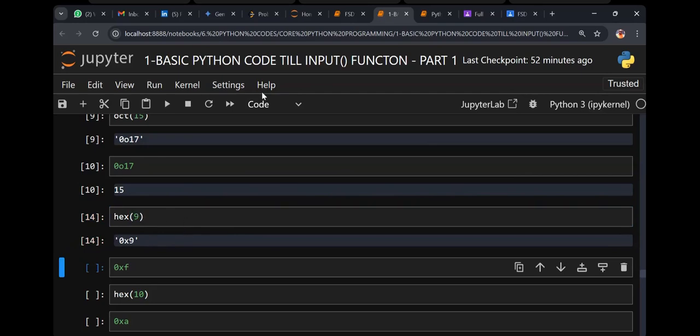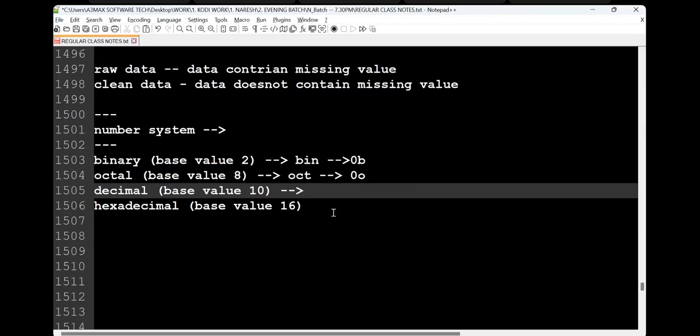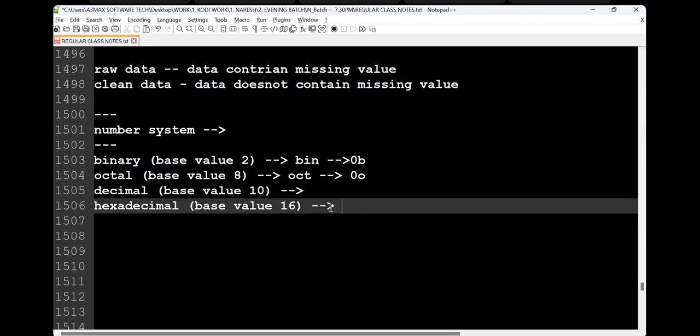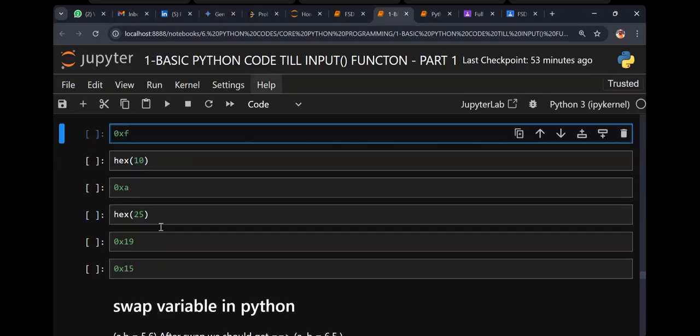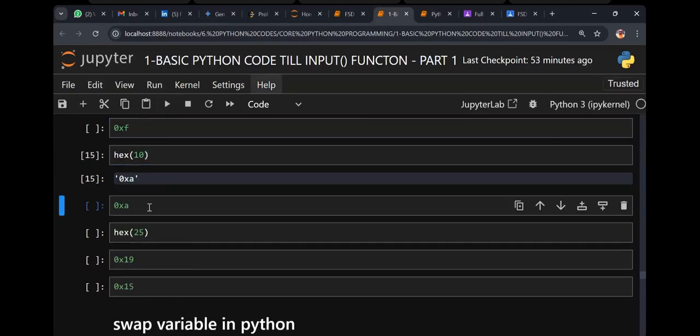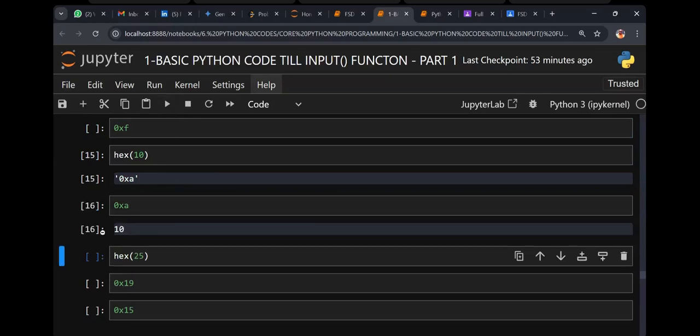When I say 9, it is 0x9. So hex, how do you define it? 0x. For oct it is 0o, and for hex we call it 0x. Now, hex here. So 0xa. What about this now, guys? It is 10, or not?